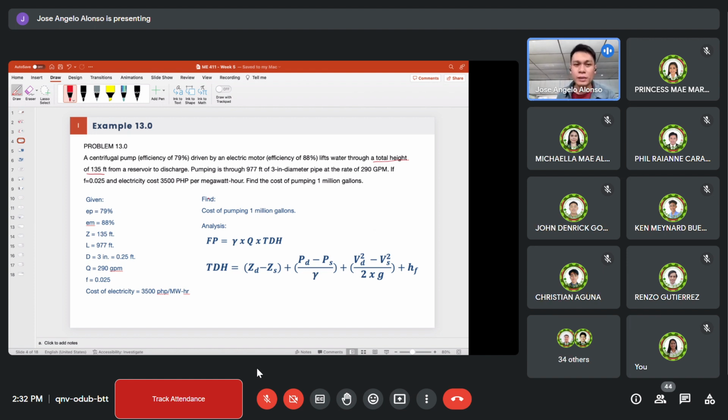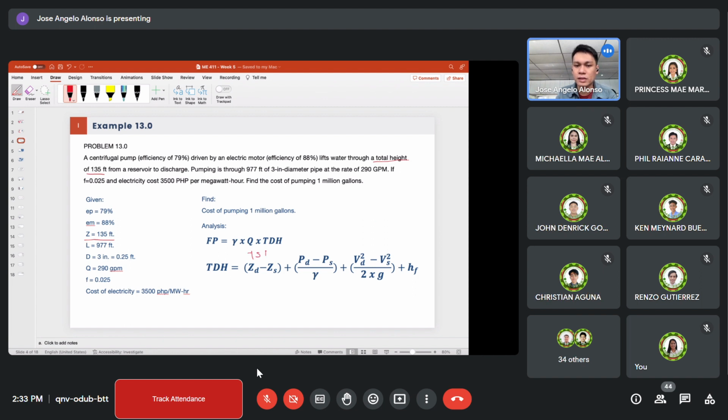Okay, let's list muna yung mga given. So, binigay sa problem, efficiency ng pump, which is 79%. Motor efficiency, which is 88%. Total height of 135. So, please take note na binigay sa problem is the total height already. So, this is the total static head